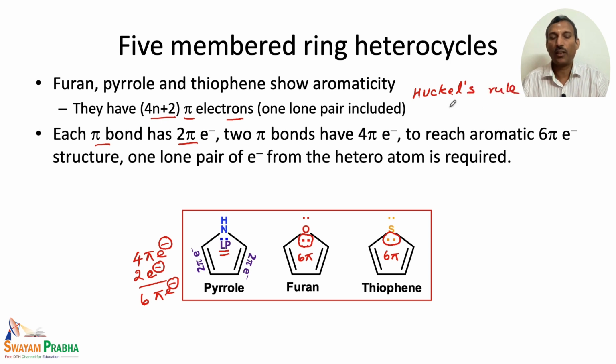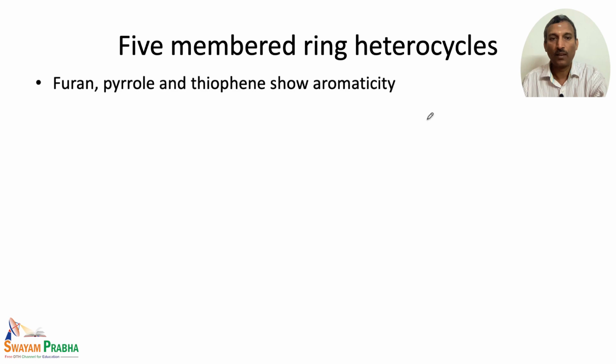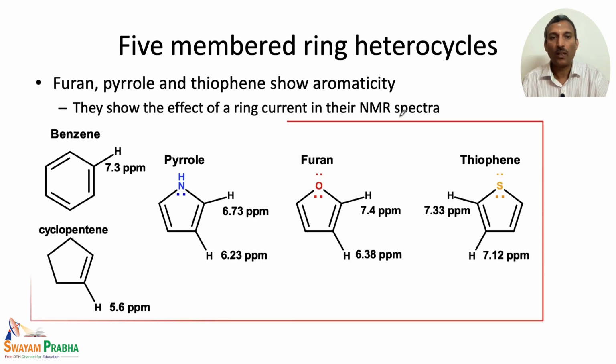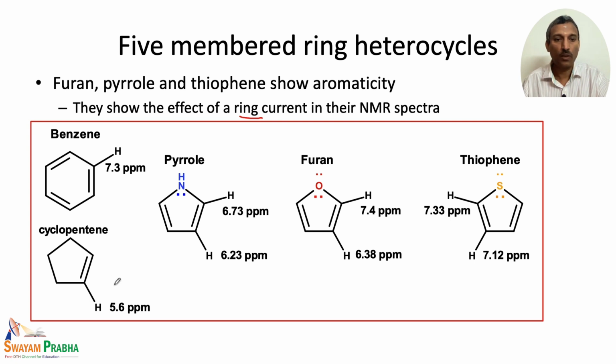So, the first criteria is the planarity. The second one is following Huckel's rule. And let us look at the third one, which is having the ring current in the aromatic systems. If we look at an isolated double bond, this olefinic hydrogen resonates at 5.6 ppm, but when there is